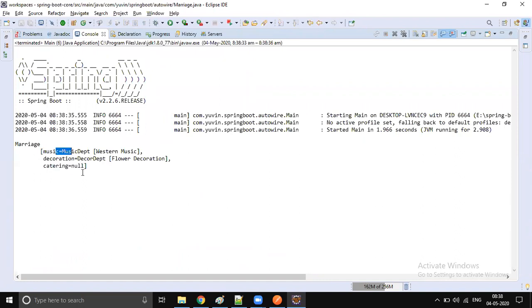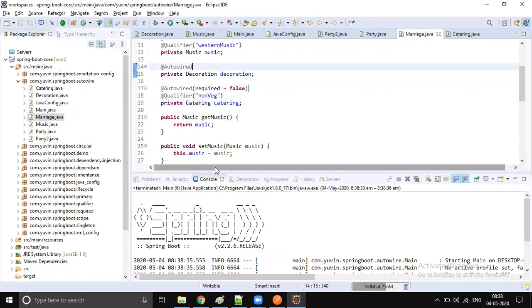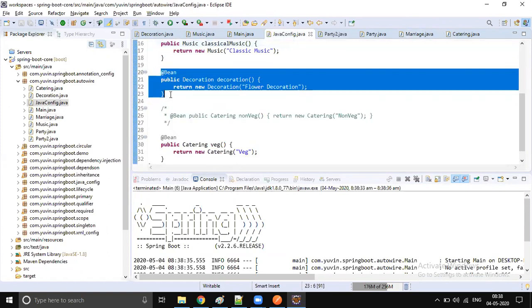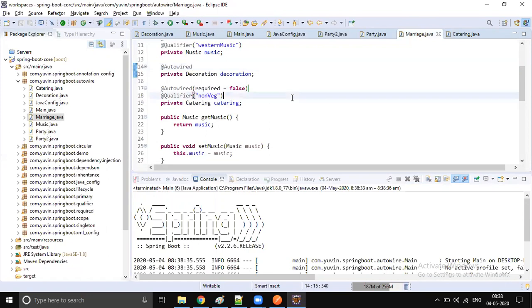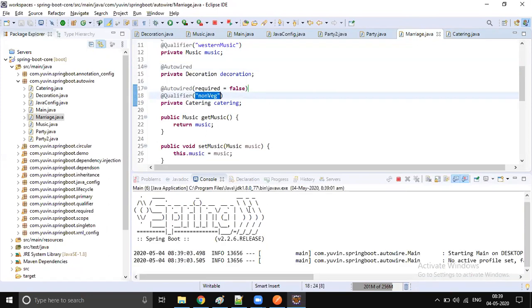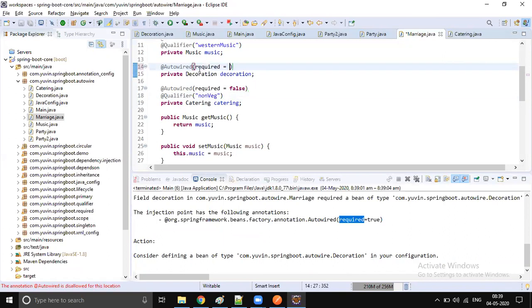Okay. So sometimes if decoration also we are not able to provide, then what will we do? We will just mark required false and go and remove that from the Java configuration. So if you are not able to provide decoration, and still, due to lockdown, the client is okay to compromise with the decoration also. If I directly run, the marriage cannot be continued, right? So we need decoration. What can we do? So for now, to complete this event, we will mark decoration not required.